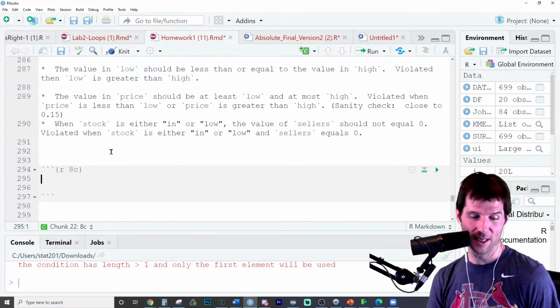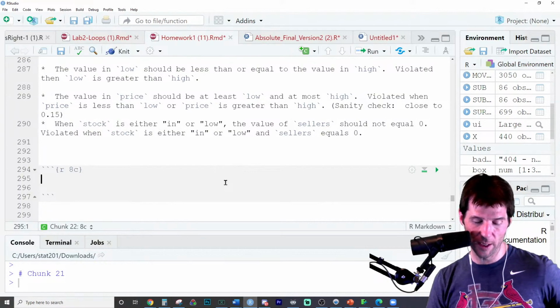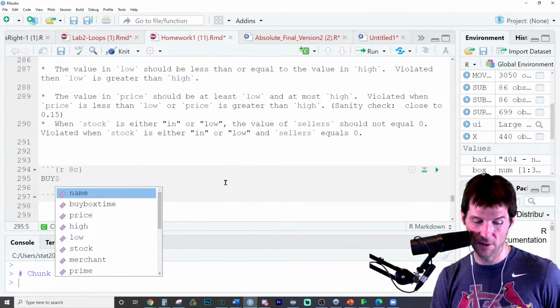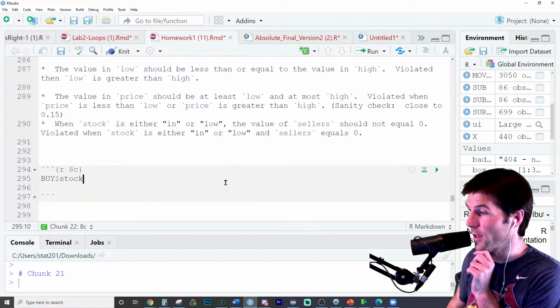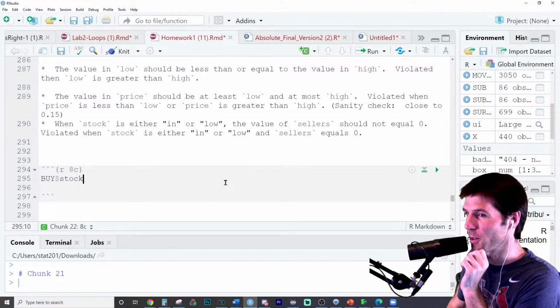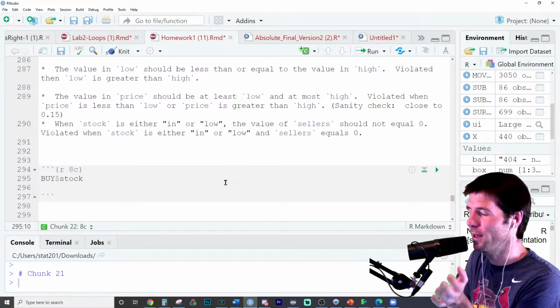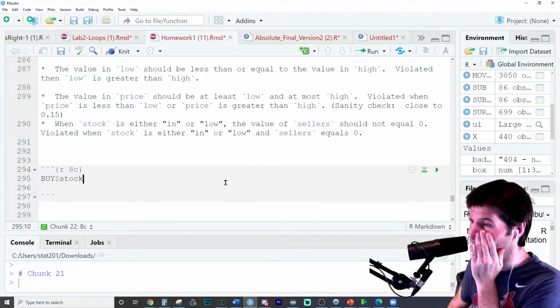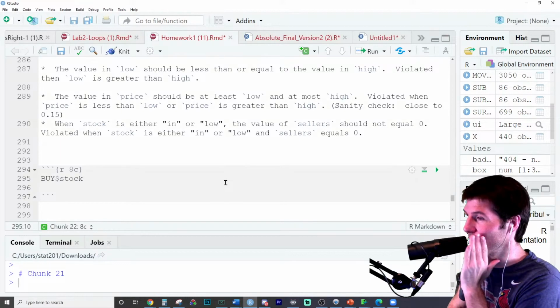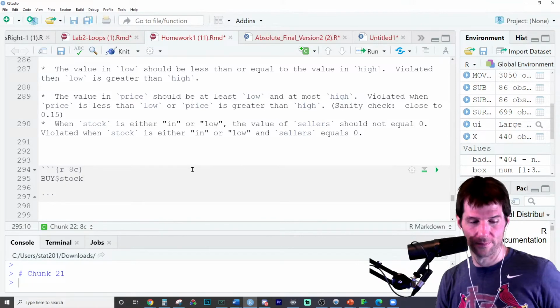The last part right here, the last bullet point. So when stock is either in low or high. So let's write a condition right here. So I want to check to see if the stock is contained in the vector low or high. Thank you so much, Hunter, right there. So we want to see if stock is contained in low or high, or in low. And here's the hint, I'm saying it. We want to see if stock is contained in